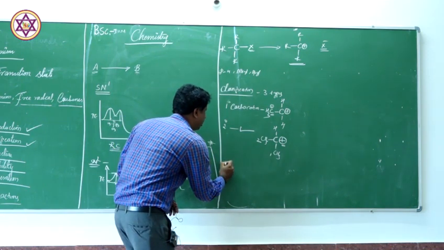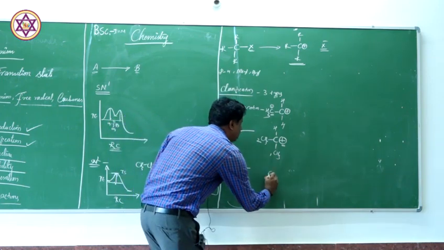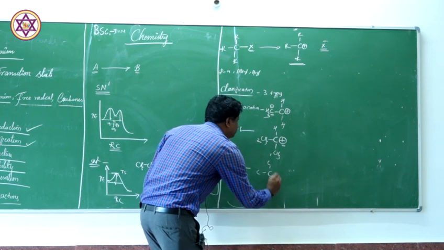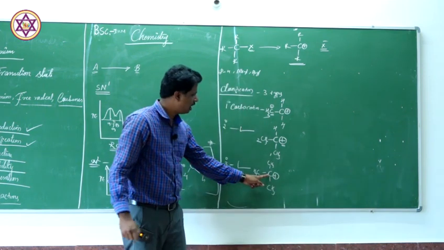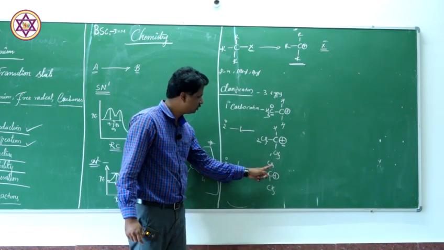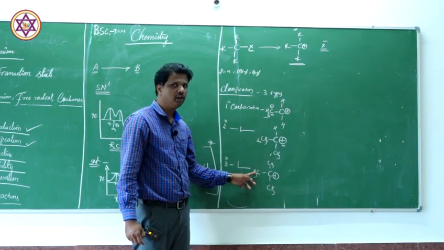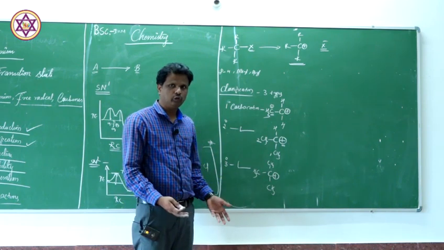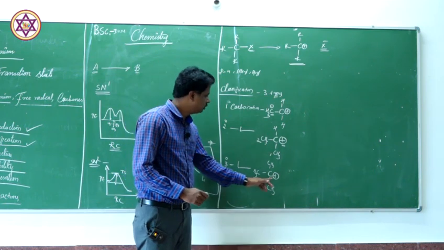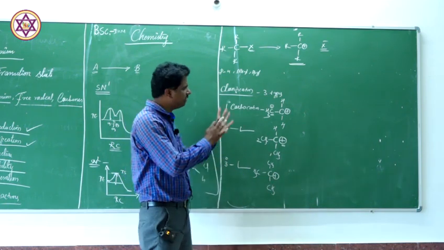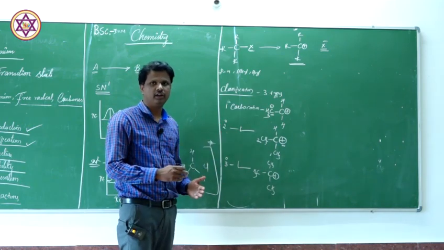What about the tertiary carbocation? Once again, see, the carbon bearing the positive charge is attached to 3 carbon atoms. We call it a tertiary carbocation. Again, you can replace this methyl group by any alkyl or aryl group. That is to be remembered forever. This is very simple. We have primary, secondary and tertiary carbocation. This is how we classify the carbocations.